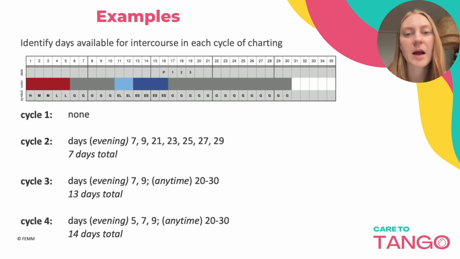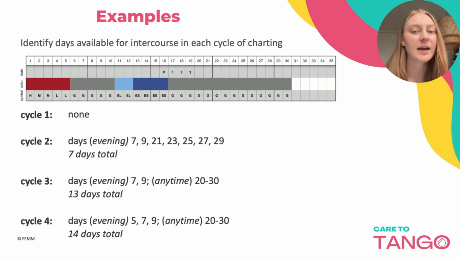So here's a little example of when you could have intercourse based on your cervical mucus observations. So for the first cycle you are charting, you could have none. And that is again your call, but those are the rules for the FEMM cervical mucus method. And then for cycle 2, you could include evenings of alternative dry days. So that would be days 7, 9, 21, 23, 25,